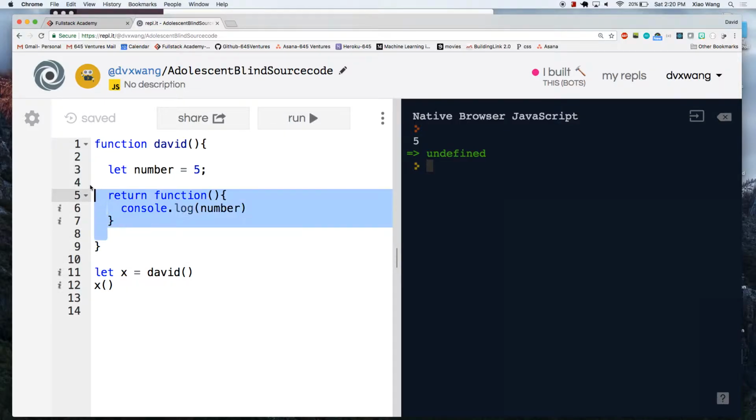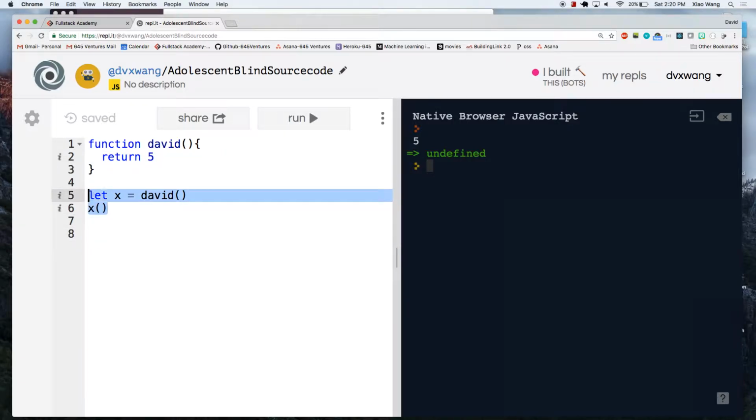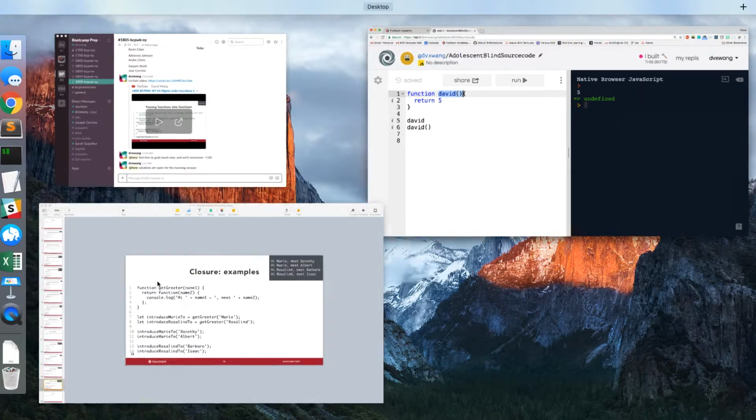So let's just get rid of all this. Okay, so let's say return 5, right? So remember how we talked about how in this case David is different than David invoked, right? Well, here we still have this David open close parentheses, but I'm not invoking it there, right? No. That's just the definition. Gotcha. That's just saying this is what a function is, right? Same idea here,